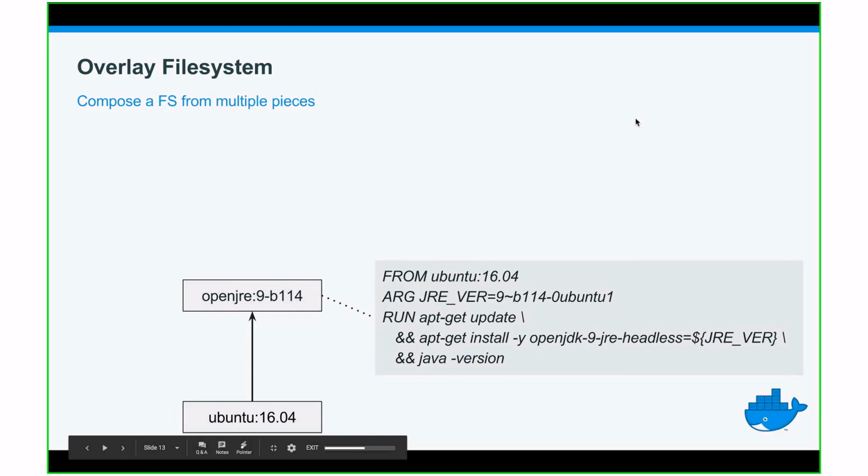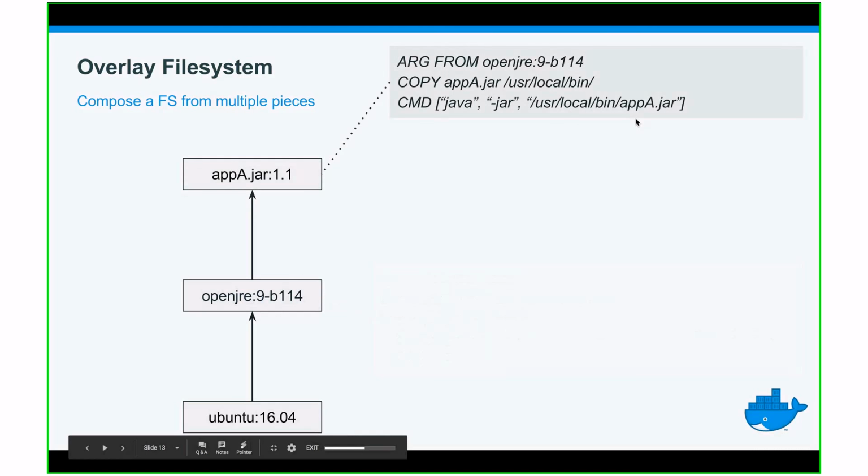So if you have an Ubuntu 16 base image and you install the JRE version 9b114, then this will create a new file system layer, this run part, and it will be layered upon the Ubuntu image. And if you want to add a jar to this, then you will create another file system layer with the copy command, and now you have 3 file system layers for this image.